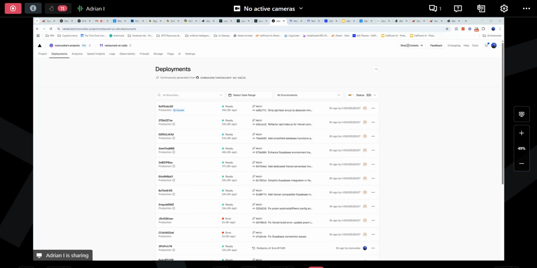Supabase is just the database. So if you want to build applications that need to use databases, then yeah, go ahead and connect your Supabase account as well. If not, there's no need. So none of it are mandatory. All of them are optional but useful if you want to build fast and put it live very fast.